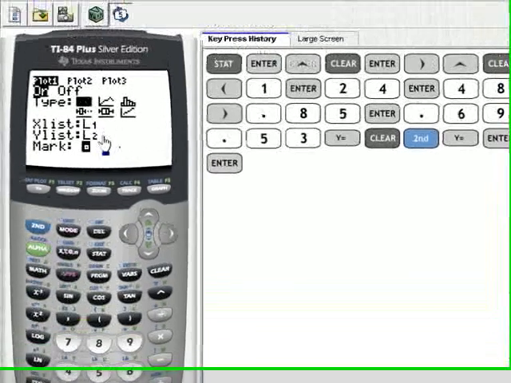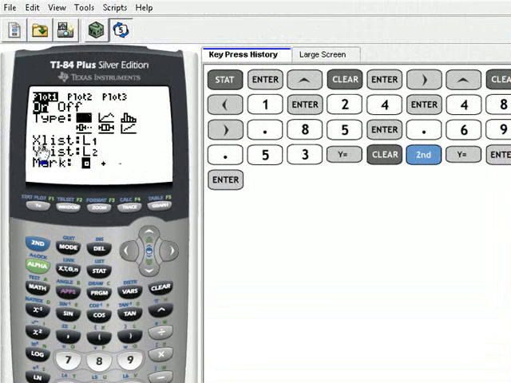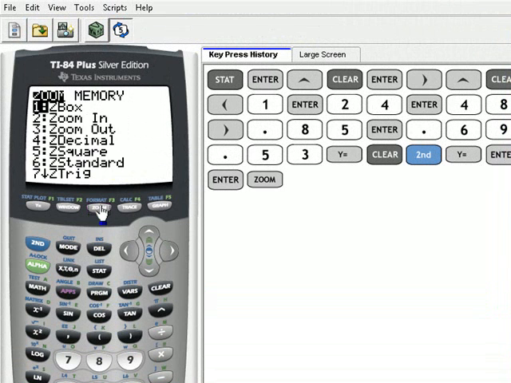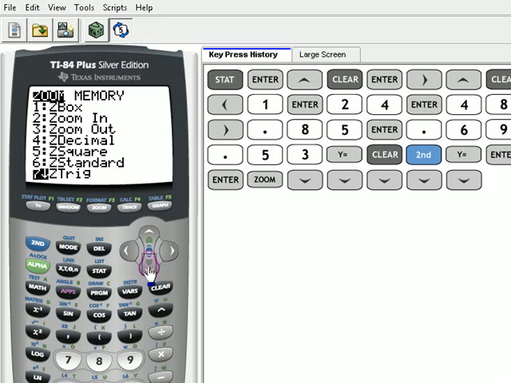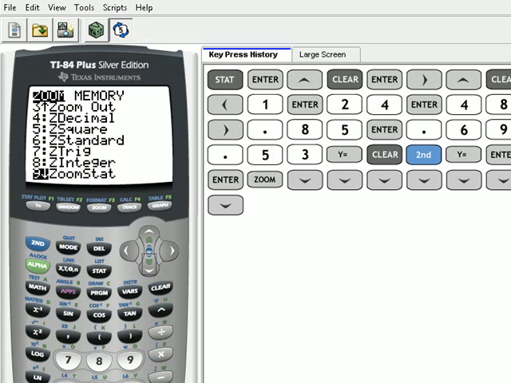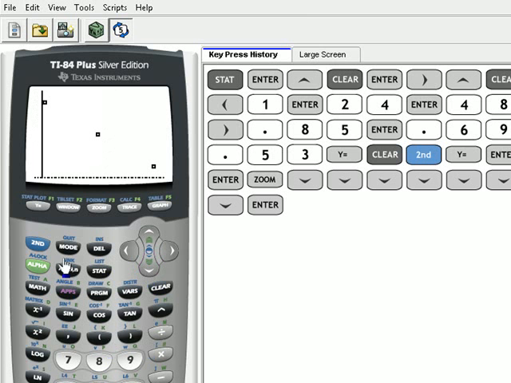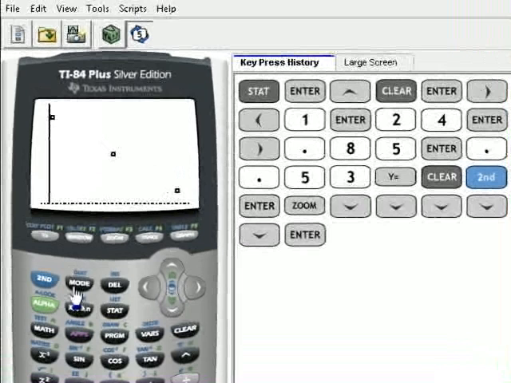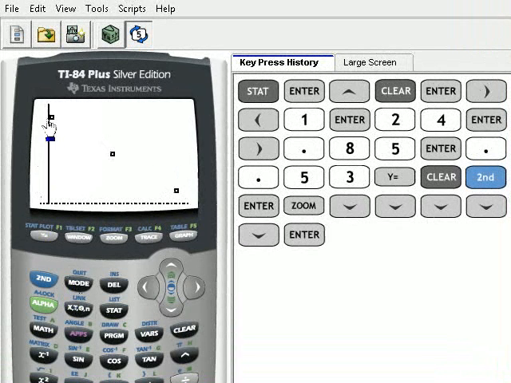We want our X list to be L1 and our Y list to be L2. The marks are your choice. Now if we press Zoom and arrow down to ZoomStat, which is 9, we see that we have a strong negative linear association, which to me is